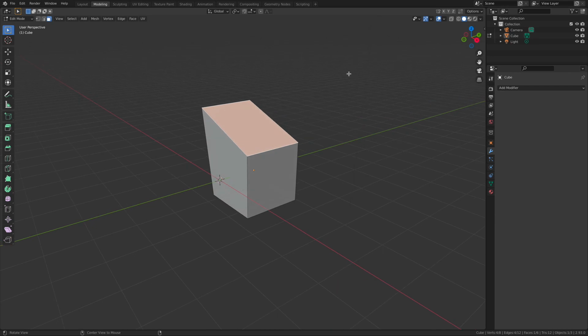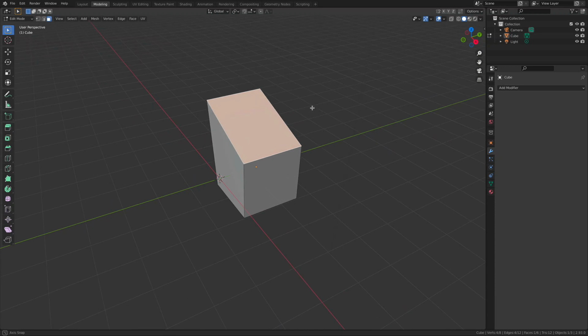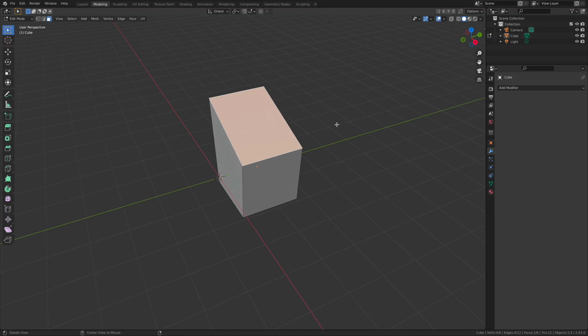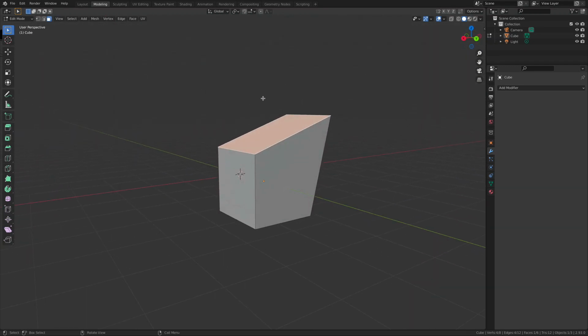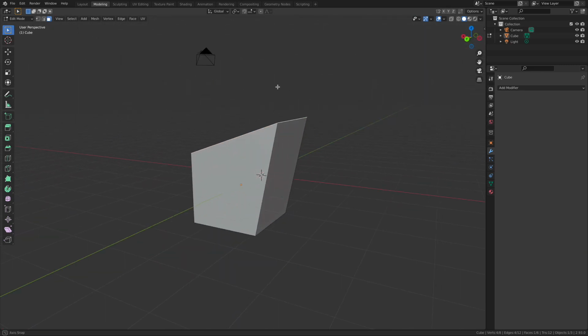up and down. In other apps like Maya or Unreal or Unity, the Y axis is the vertical axis, but here instead of Blender, the Z axis is the vertical. So keep that in mind. It's not too big of a deal. Don't get hung up on the Z up, Y up world. It's pretty easy once you just remember that it's up, down, left, right, forward, and backwards, and the colors are just there to help you keep your bearings.